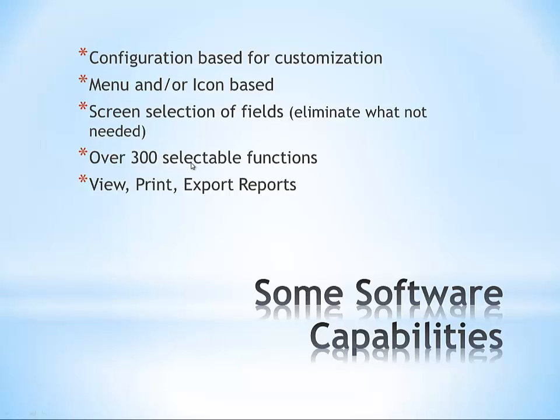There are over 300 different functions, different things that you can do with the system, and again, these are set up with permissions so that some portion of these can be done by the different users, and each user could have different functions that they're allowed to do. And then lastly, when we look at the reports, they're usually in view form, or if you choose, you can print them, or you can export them to Excel as an example. So depending again on the needs, the reports are available in all three formats. So these are